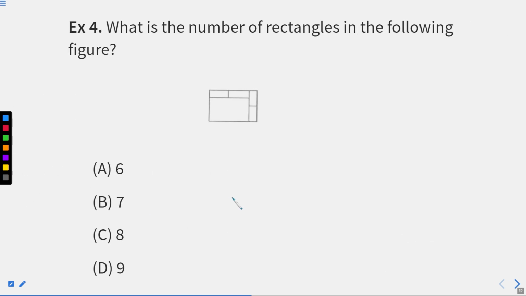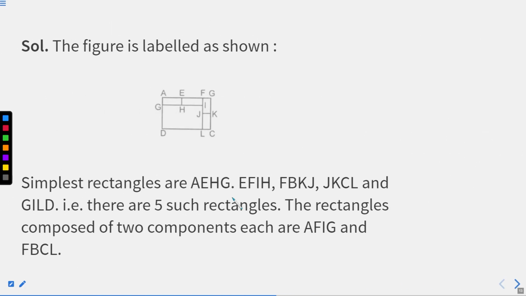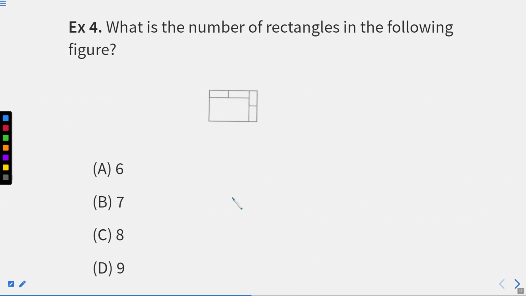Now, we'll move to this question, right? In this question also, what is the question saying? Find the number of rectangles in the following figure. Now, what are we supposed to find? We are supposed to find a rectangle. So again, we'll follow the same approach. We will quickly redraw this diagram, right? How will it be drawn? A vertical line with a small horizontal line and a big horizontal line with a vertical line.